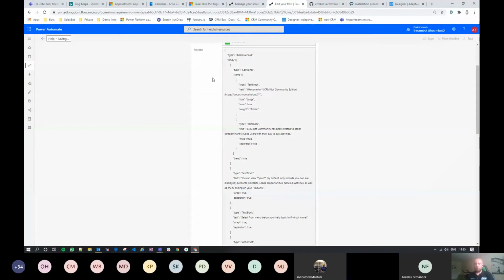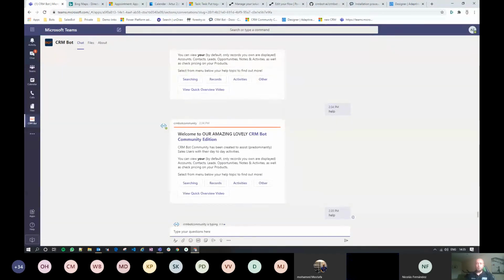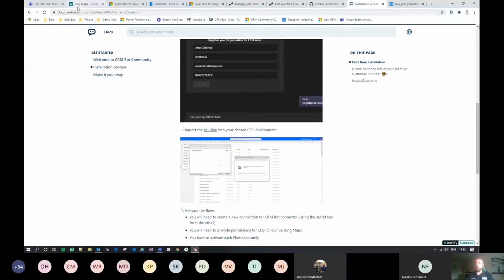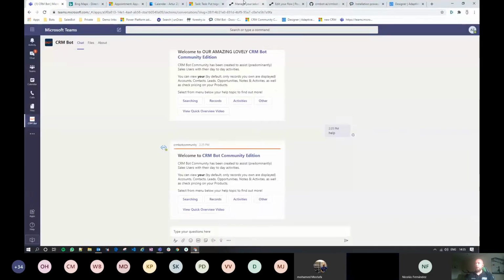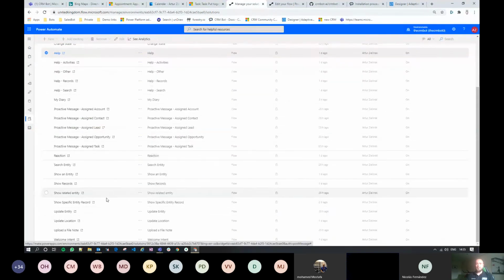I realize that for a lot of you, this may be very weird and confusing and very new, which is why on the docs.crmbot.ai page, you have a lot more information and context around how to actually build your own flows and what you can do with those. But let me briefly show you a more complicated flow, just to give you an understanding of how complicated these things can get.